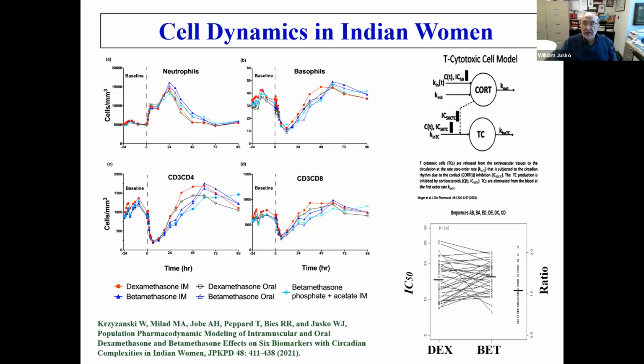One of the models is shown at the top right. And with these models, we could resolve parameters like IC50, SC50, or EC50 for the steroids. So we could determine the relative sensitivity comparing Dex and Beta, and we could do those in each of the women where there was a crossover. And that's what's indicated at the bottom right, how consistent the IC50 values were comparatively among the women and between the 2 steroids.